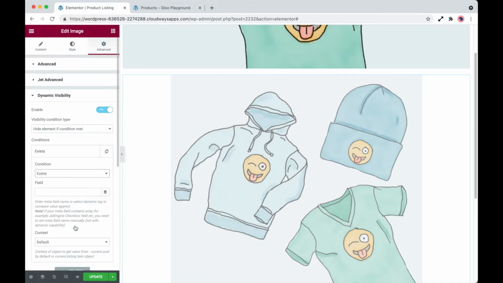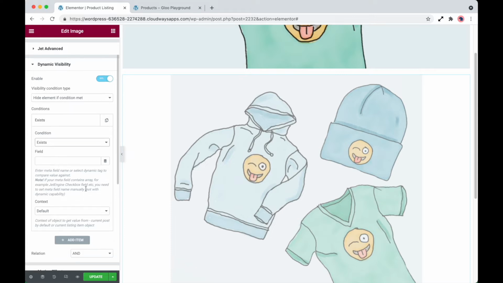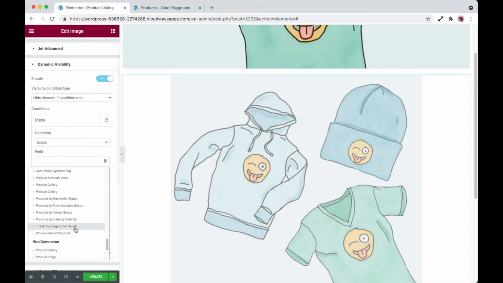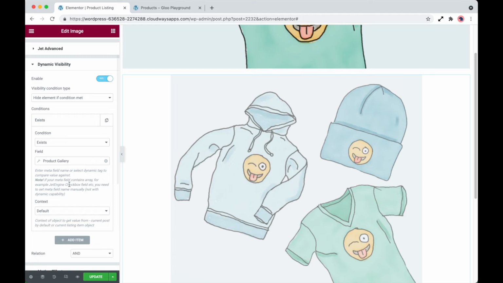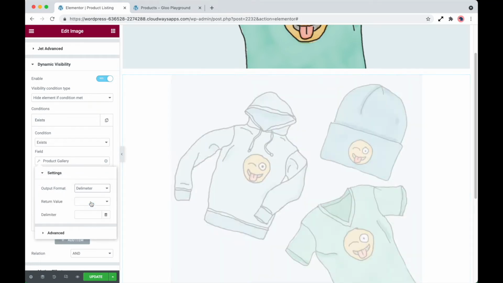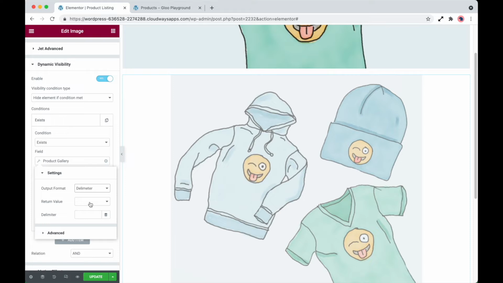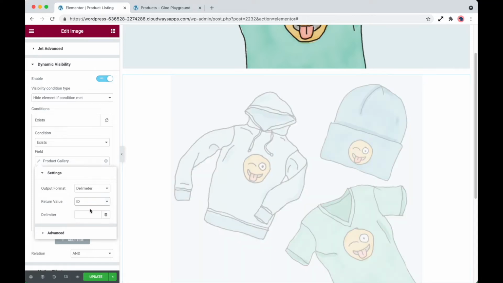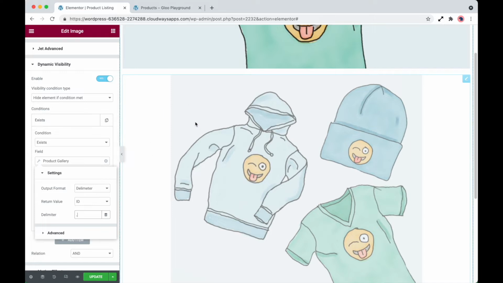Now what we're going to do is check if a gallery exists, and then the field that we're going to use is our product gallery, and what we're going to select here for the output format is a delimiter, and then what it's going to do is essentially check within the array if any of these product gallery images exist, and we're going to do this by ID, and the delimiter is going to be a comma. So this featured image is actually going to hide when there are no additional images within the gallery,